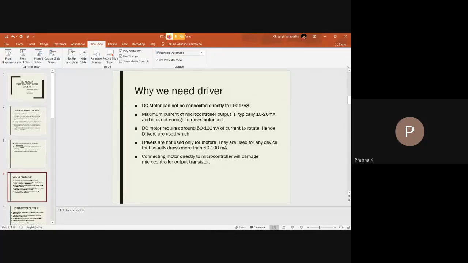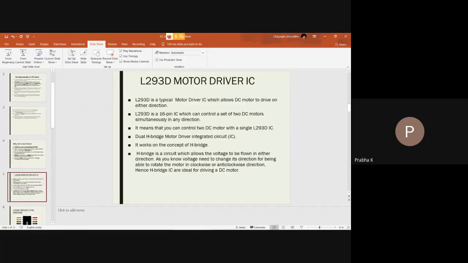We cannot connect directly. We need a driver, and that driver is the L293D. It is a motor driver IC. This L293D is a typical motor driver IC which allows a DC motor to be driven in both directions, clockwise and counterclockwise.